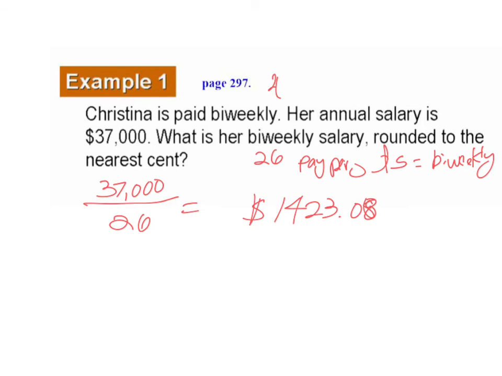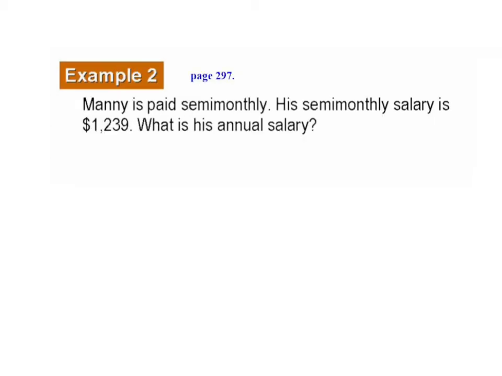Remember, you can stop this video anytime. Here is example 2. Manny is paid semi-monthly. His semi-monthly salary is $1,239. What is his annual salary? Semi-monthly means twice a month, so there are 24, that is 12 times 2, pay periods